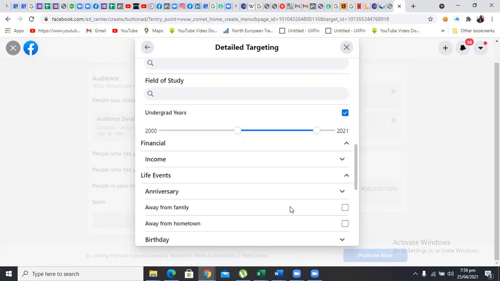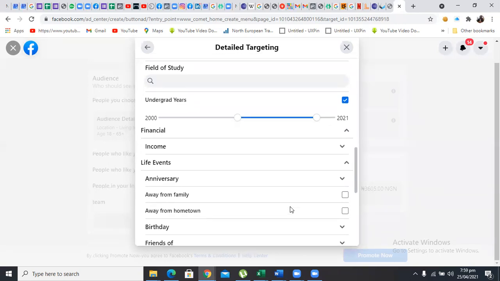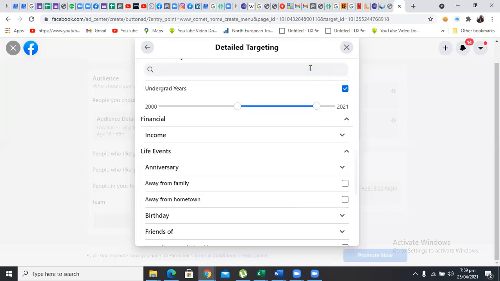Most times it is when people are celebrating their wedding anniversary, they will buy a new car or they'll buy a new house just to celebrate. They want to travel. So it is important. That's the reason why Facebook has decided to add it to this place, so that you target them. They want to spend money this period. You target them this period and you will get them. So anniversary.